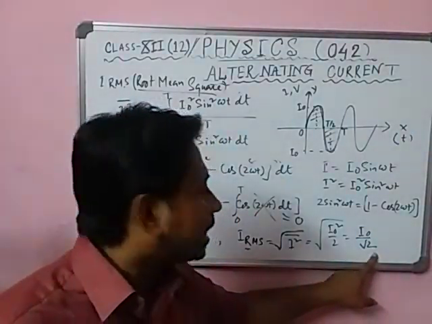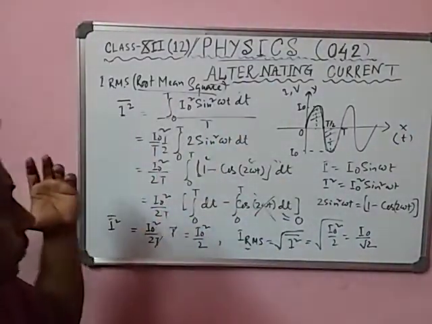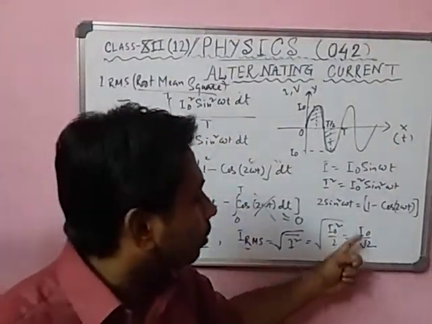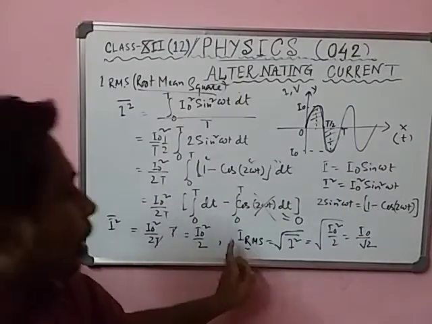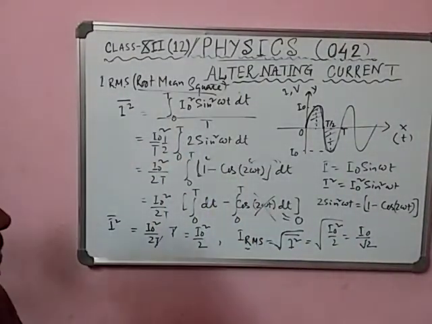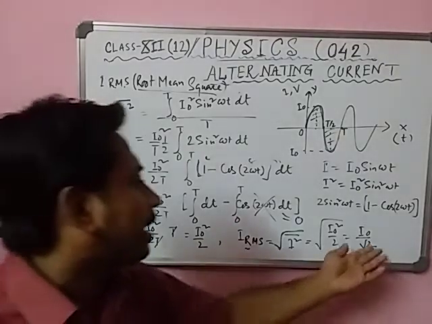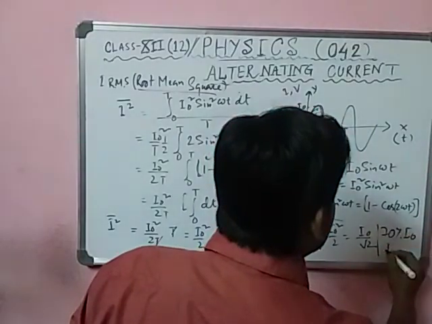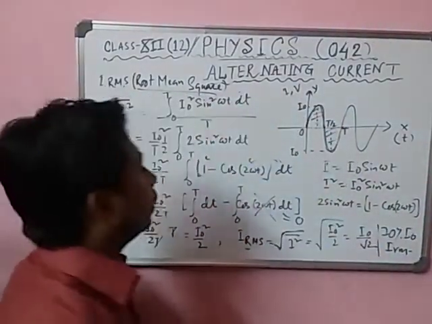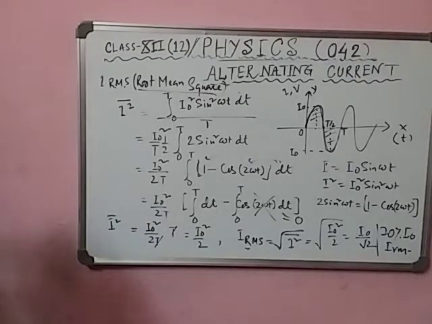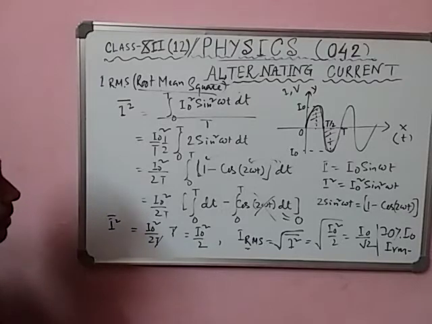I will provide the PDF also. First of all, you see the video. Okay, IRMS means I0 by root 2. So IRMS is the peak value divided by root 2. If you put the value of root 2 as 1.41, it is about 70% of the peak value. So 70% of the peak value is IRMS. Okay, please copy it. Pause the video and copy.